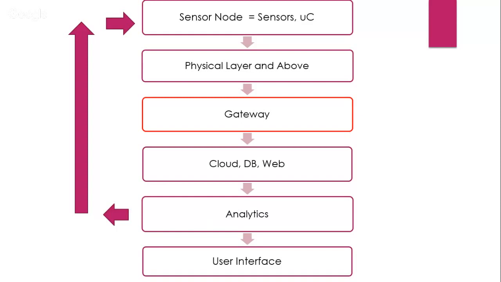Now, depending on this analysis, if you see, the arrow goes back in a circle to the sensor node. Whatever analytics has calculated goes back to the sensor node. Why does it go back? Say, for example, we are trying to build an automatic solar panel which changes its direction based on where the sun is during the day. The output of a solar cell is maximized when the rays of the sun fall perpendicular to the solar cell. So to build a solar panel which keeps changing its direction based on the direction of the sun during the day, like the sunflower does,